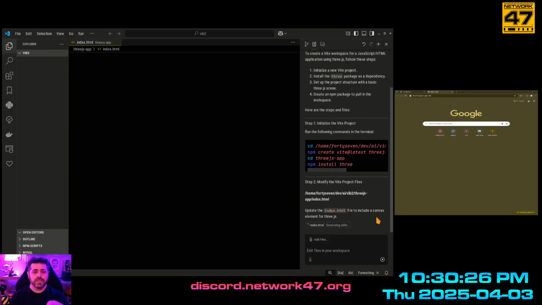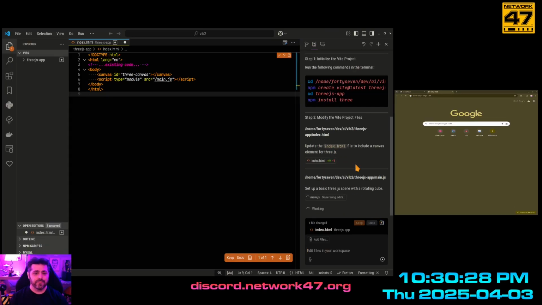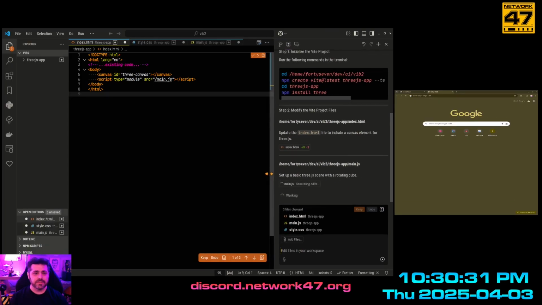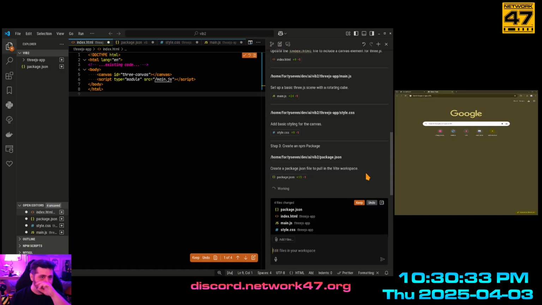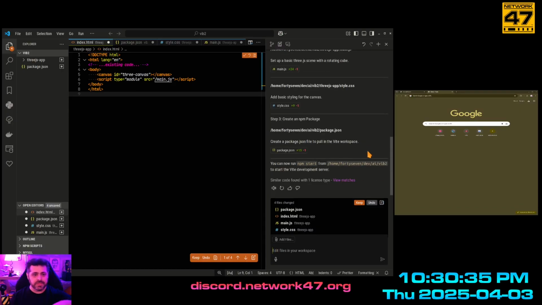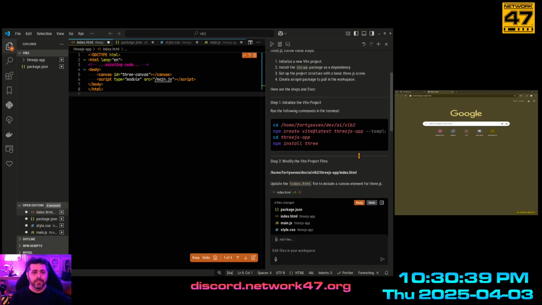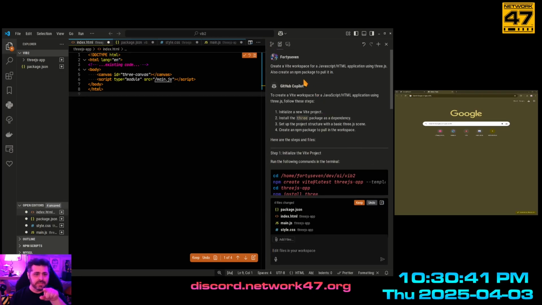Okay, so then what it does, let's expand this a bit. So it's going to go through all this. It's going to go and try to figure it out. First thing I noticed it did is that it tends to take what I wrote and it rewrites it in English. And in this case, it says to create a Vite.